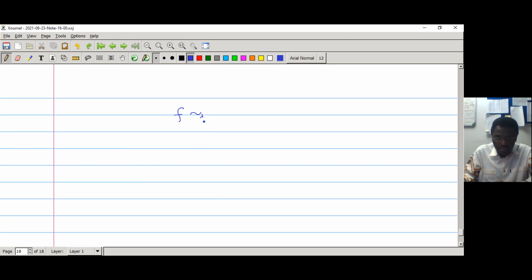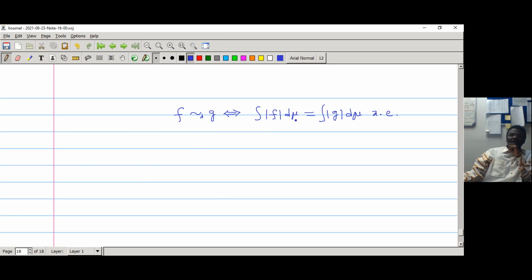So f is in relation via mu with g if and only if the integral of f d mu is equal to the integral of g d mu almost everywhere. So almost everywhere, this is a relationship. In other words, you find the integral of each one separately, they will be equal except for x